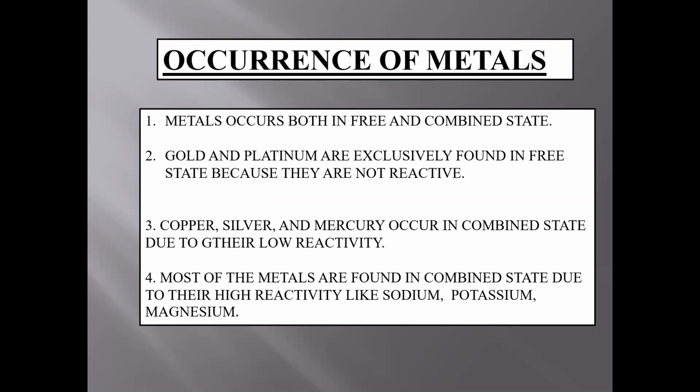Because they are exclusively unreactive in nature, and therefore whatever jewelry we make will remain as it is. There will be no rusting or reaction with other components present around, and therefore gold and platinum are very costly also. Next, copper, silver, mercury occur in combined state